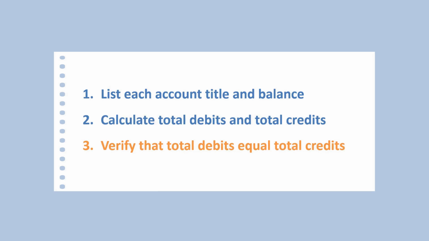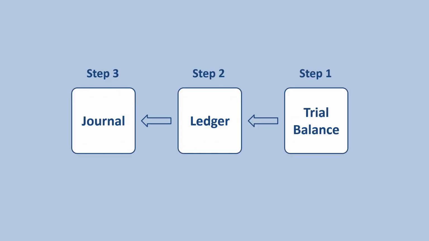If, during verification, the total credits don't equal the total debits, it's time to play detective. An efficient method is to review the journalizing, posting, and trial balance preparation in reverse order. Step 1 involves ensuring that trial balance columns are correctly added and accurately entered from the ledger. A common mistake is a debit balance mistakenly listed as a credit, or vice versa. If the error remains elusive, proceed to Step 2.